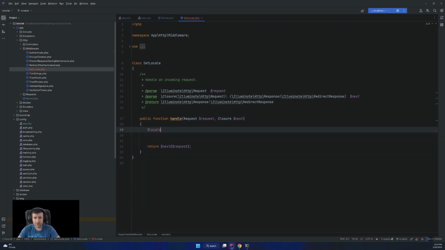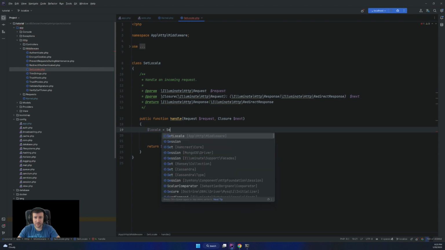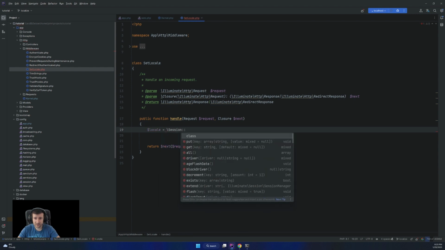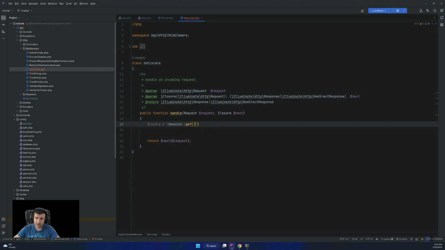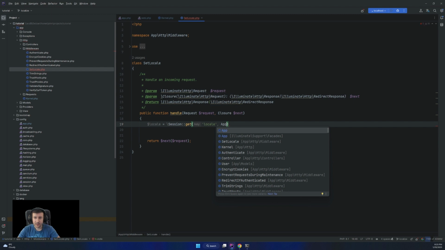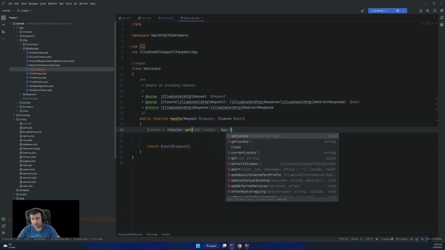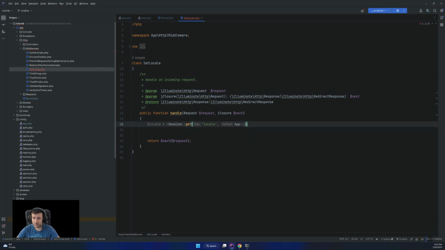So I'm going to grab the locale from the session if it exists. I'm going to try to get locale, or the default will be the current locale, like this.